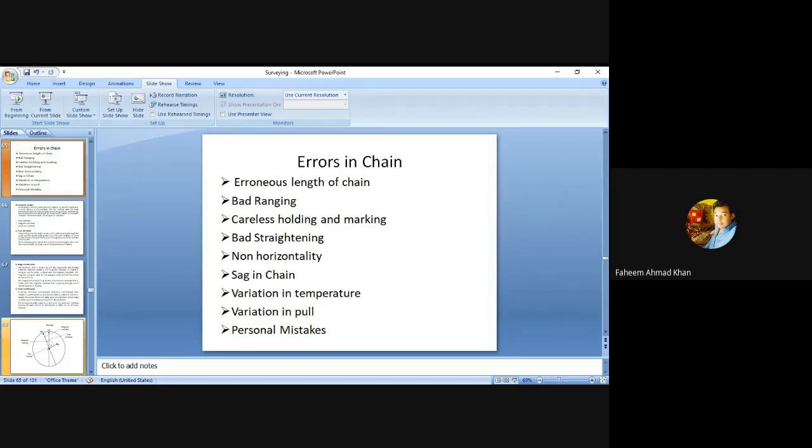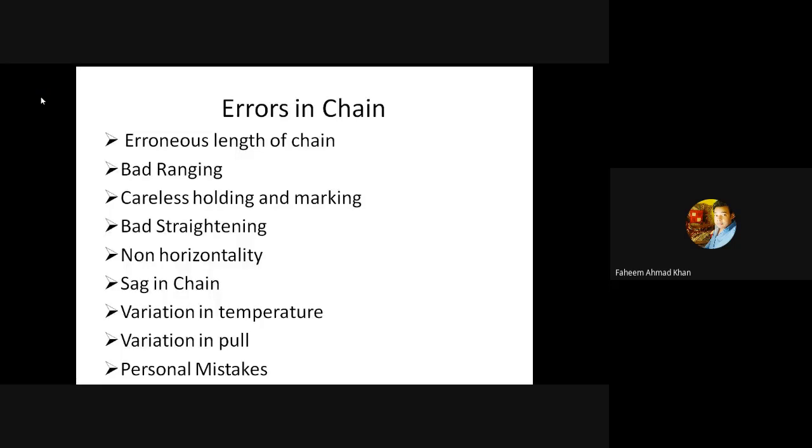To begin with, the baseline is first plotted. The other triangles are then laid by intersecting arcs. Each triangle must be verified by measuring the check line on the plan and comparing it with the measured length in the field. If the discrepancy is not within the limits, measurements may be taken again. If it is less, the error may be adjusted suitably.